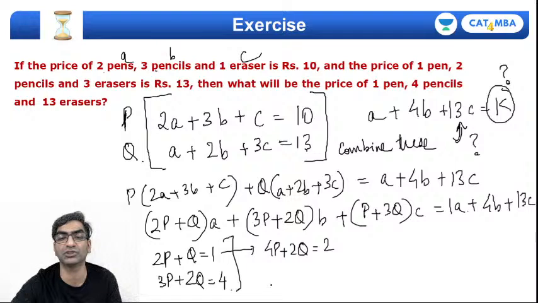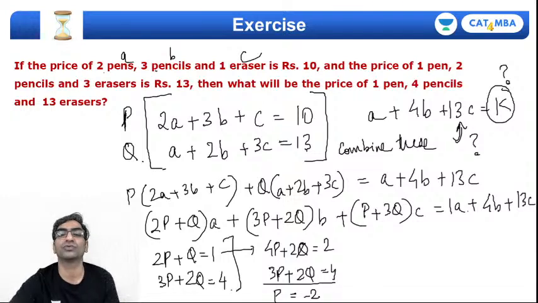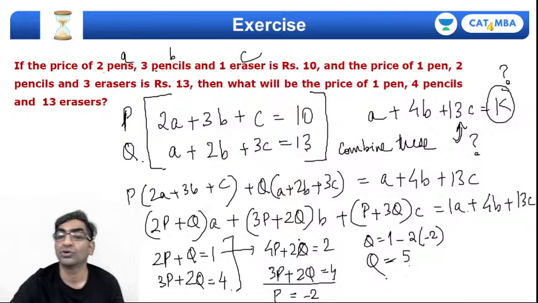I have 4P plus 2Q is equal to 2 and I also have 3P plus 2Q is equal to 4. So if you subtract 4P minus 3P will be P, ये और ये कैंसिल आउट हो जाएगा. So P will be equal to 2 minus 4, P will be minus 2, right? और अगर P equal to minus 2 यहाँ सब्स्टिट्यूट कर दूं तो Q का वैल्यू क्या आएगा 1 minus 2P. So 1 minus 2 into P which is itself minus 2. So 1 plus 4 बनेगा, this is 5, है ना. तो Q equal to 5 and P equal to minus 2 will successfully ensure that these two coefficients become 1